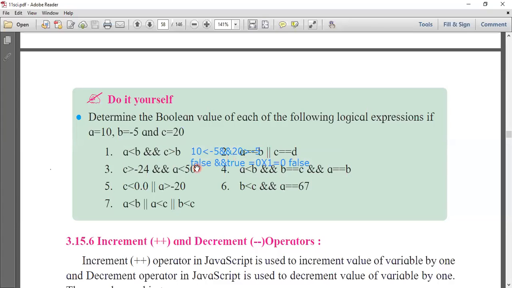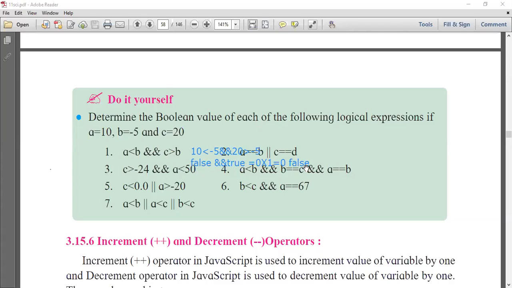So 10 less than minus 5 is false, 20 greater than minus 5 is true. When you use false and true, and means multiplication, false is 0, true is 1, so 0 into 1 is 0. So the answer is false. Now we will go on to the second one.